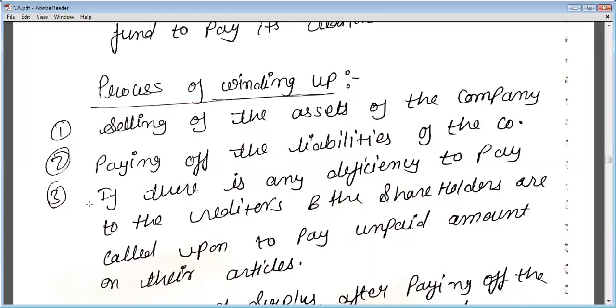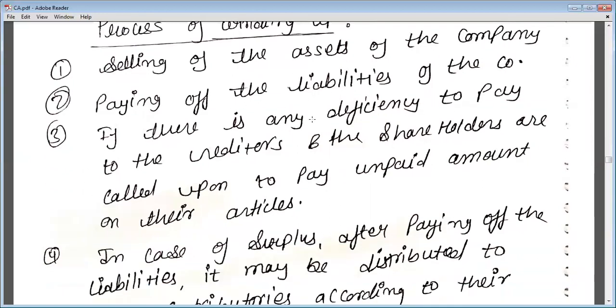Then, if there is any deficiency to pay the creditors, the shareholders are called upon to pay the unpaid amount on their shares. So if there is not sufficient amount from the selling of the assets to pay all the creditors,